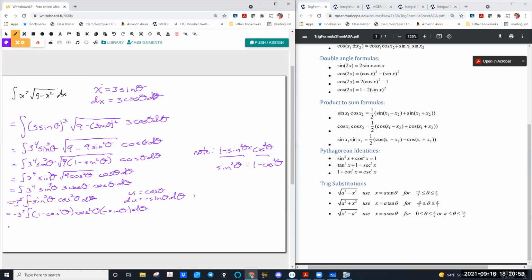Now we can get this in terms of u: negative 3 to the 5th, 1 minus u squared times u squared, and that is exactly our du. We'll distribute the u squared like we did before. Minus 3 to the 5th, u squared minus u to the 4th, du. And kind of like before, minus 3 to the 5th